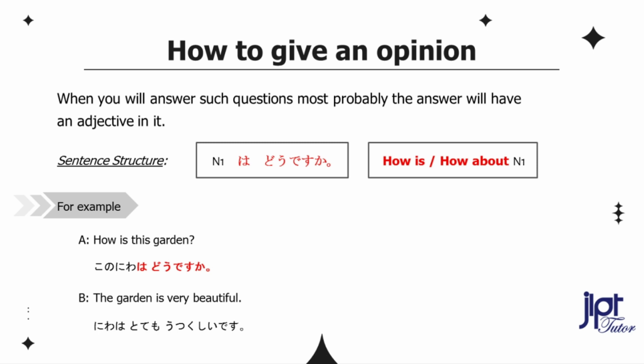この庭はどうですか？ You can respond, the garden is very beautiful. 庭はとても美しいです。